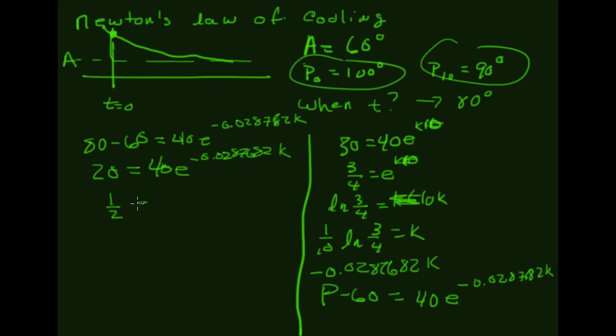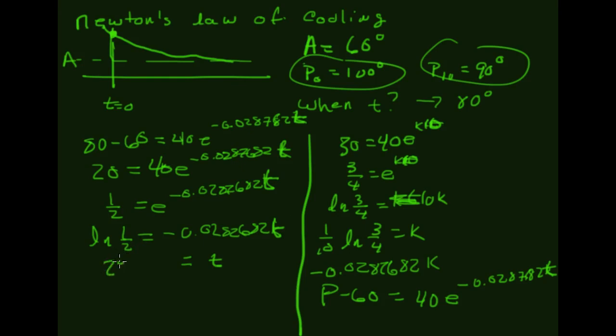So this is going to be when 1/2 is equal to e to the negative 0.0287682t. Then the natural log of 1/2 is equal to negative 0.0287682k. Or no, this is not k. Eek, that is k, so this should be t. Okay, sorry about that. All right, so we divide both sides by this awful number, and we get t is